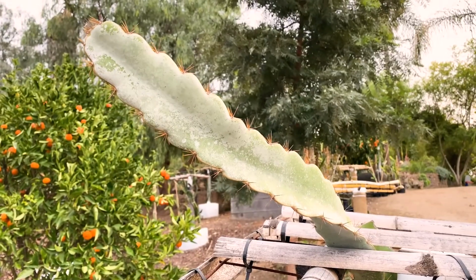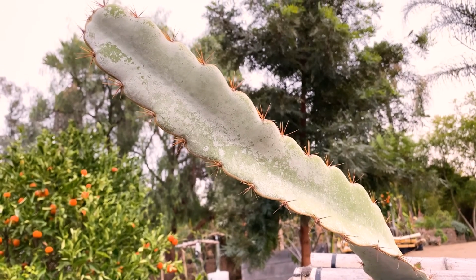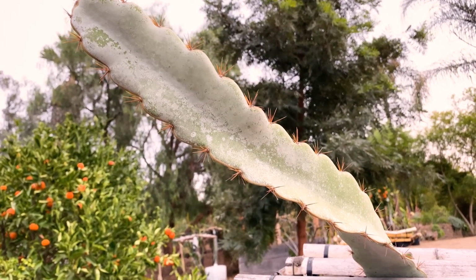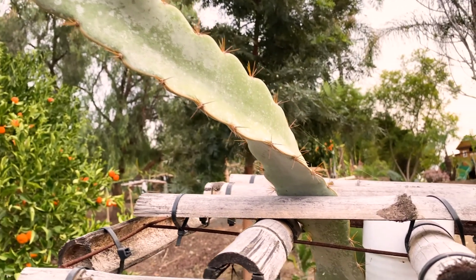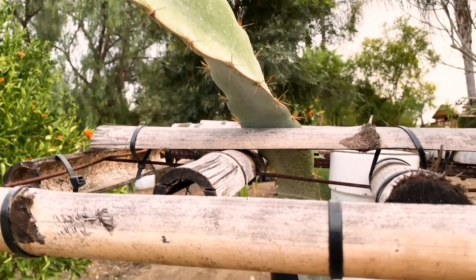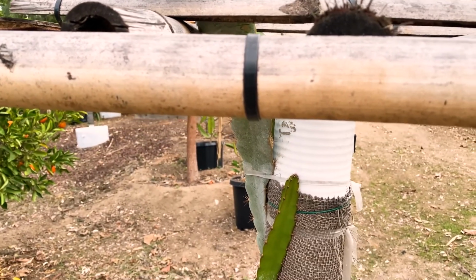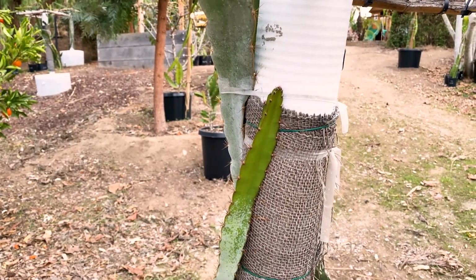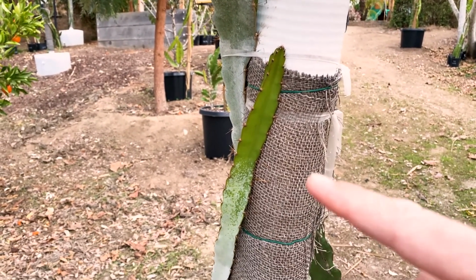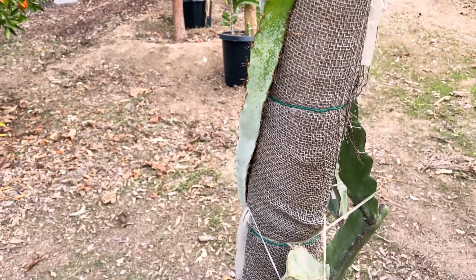Today I'm going to talk about some of the slower growing dragon fruit varieties in my experience. And you can see here, first on my list is Hylocereus ocamponis, El Grullo. Now, I do need to mention that I live in Southern California, inland, in Zone 9B. And this winter has been rather mild, lows in the 40s, and in fact we hit 81 degrees earlier this week. So you can see this branch is still growing, it's got growth,